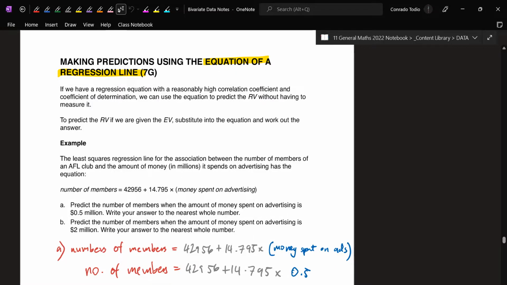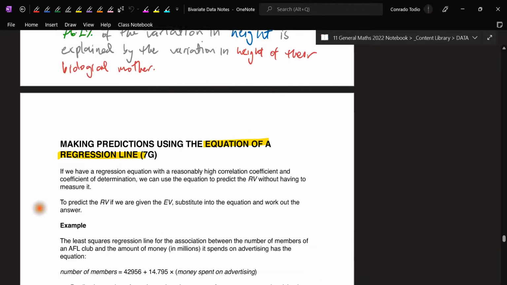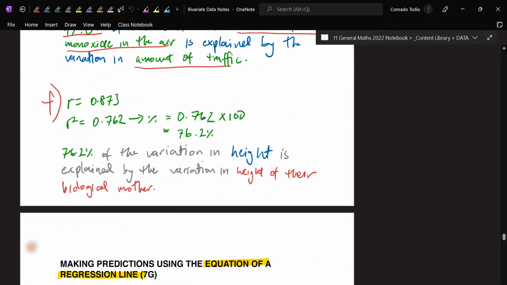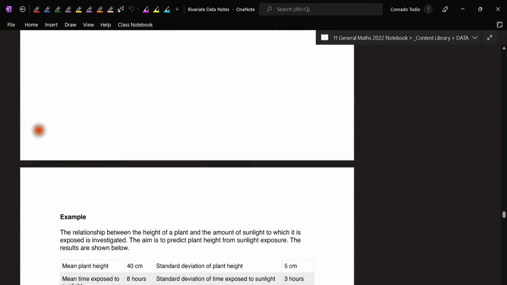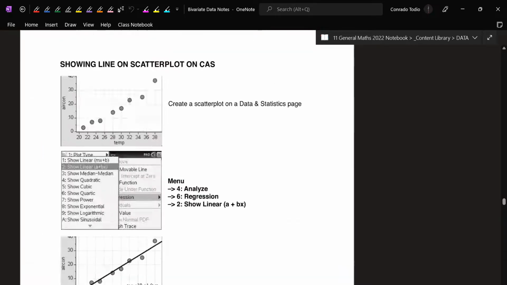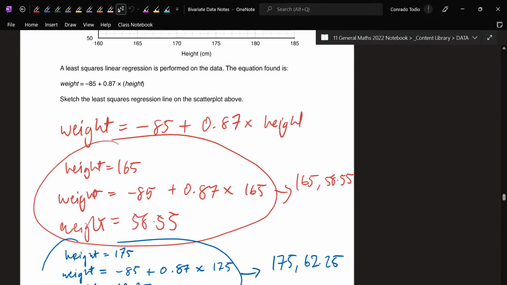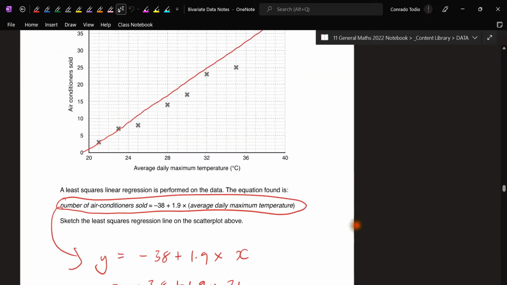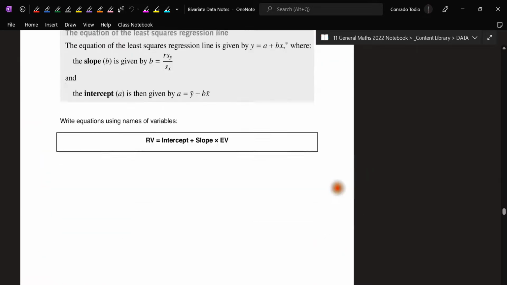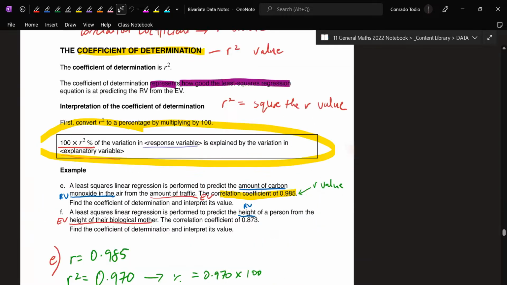You can all remember what we did last lesson. So prior to 7G, we were on 7F, where we were looking at interpreting your R squared value. 7F was quite long because we were also making the formula. So figuring out how to write the formula and drawing the line. There's three things there that we did as a class. We drew the line, we found the formula, and I'm not sure which order that would have been, and then we interpreted the R squared value, which remember is